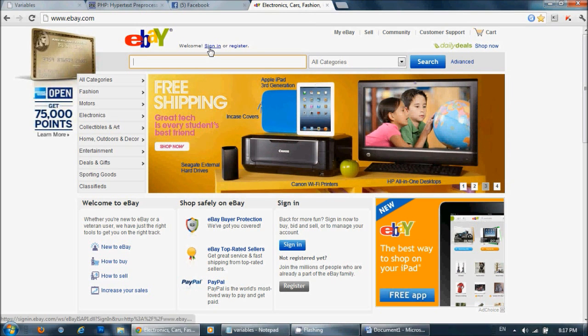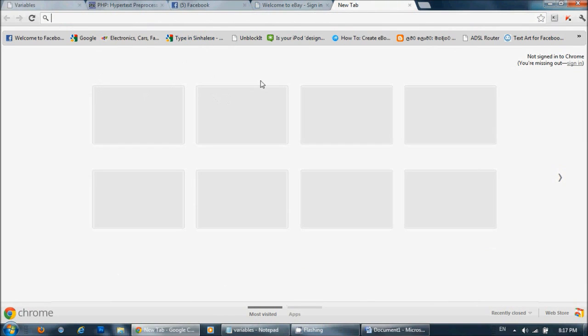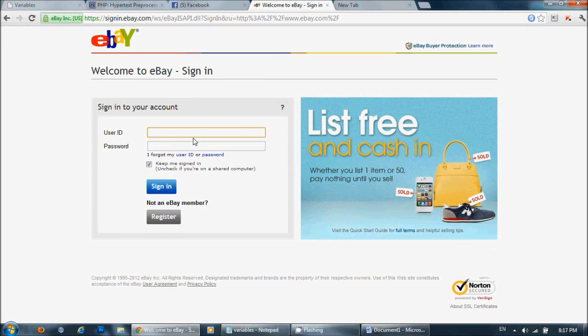if you want to sign in, we will click sign in like that, and they will ask for a user ID and password. So if we enter some user ID like that and the password, then if we click sign in, that means this user ID and password is transferred to a server which has a scripting language,